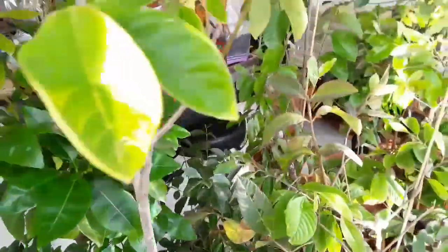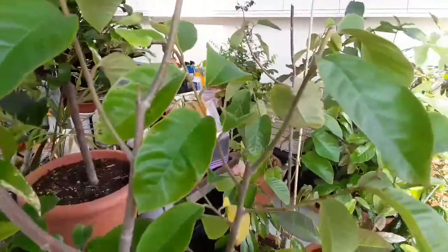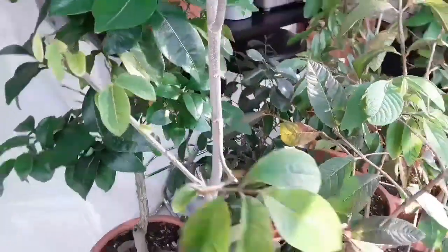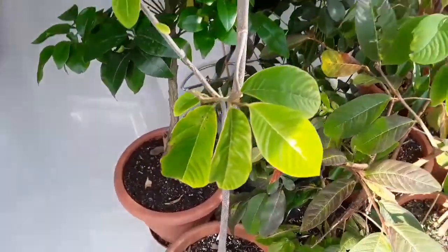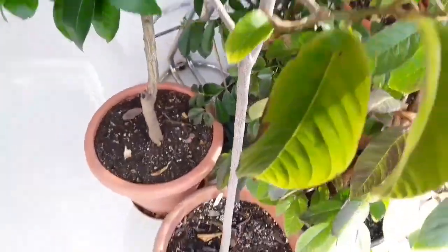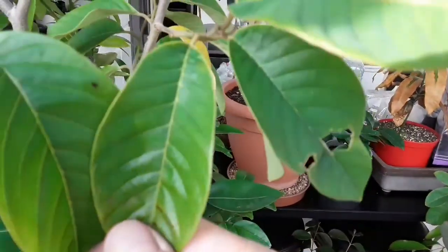Yeah, this is my seedling cherimoya I pruned back before I brought it inside in that video about 2 or 3 weeks ago, and it's absolutely shooting out everywhere. And they have a very interesting growth habit, the cherimoyas, very unlike a lot of other fruits, because the buds don't come from the axils of the leaves. So if you ever look at one closely and you look in the leaf axils, which isn't easy to see on camera, there are no